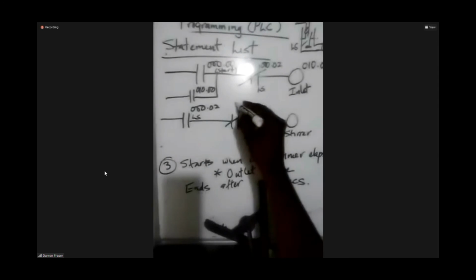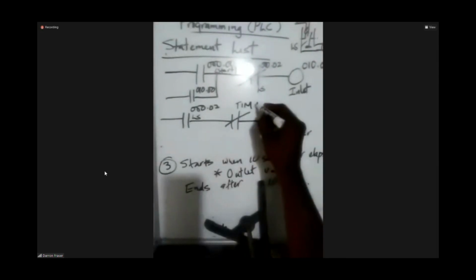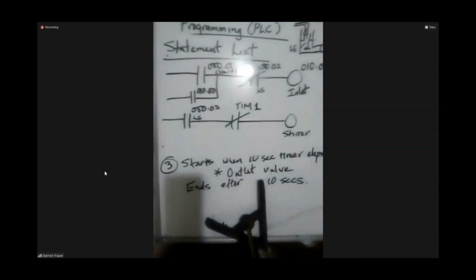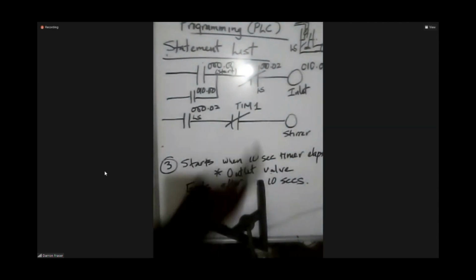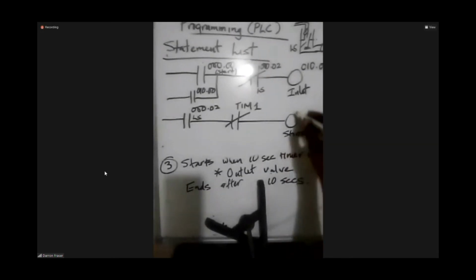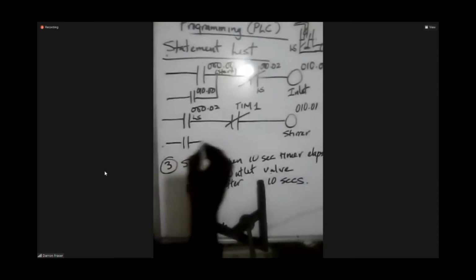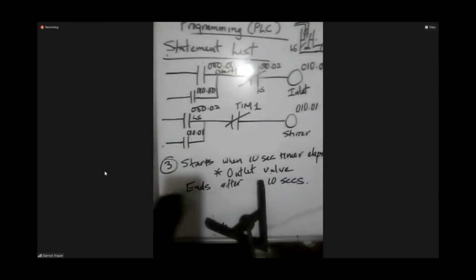So 10 seconds. So we need to count 10 seconds. We need a timer. We're going to label that timer number 1. And the stir is 0.10.01. And again, we're going to latch it. The third one,